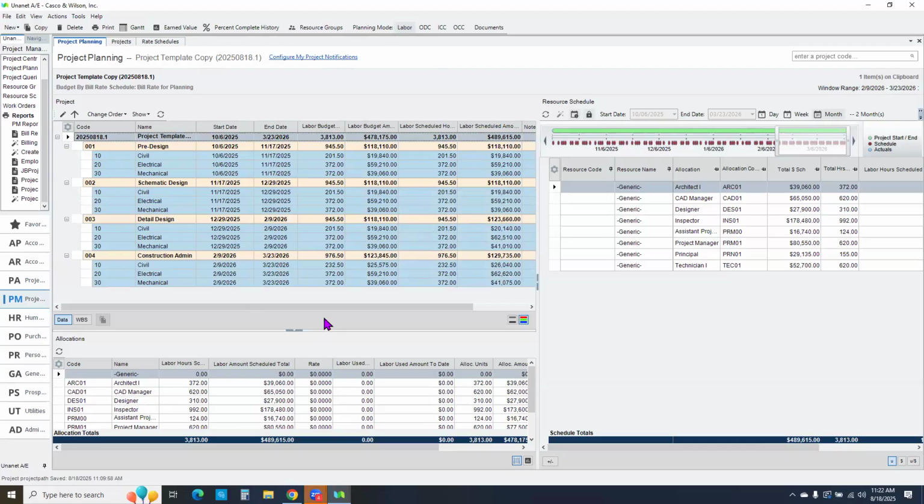Tammy, Justin also said, I'm using groups and not the allocation. Using groups. You're adding resource groups. Yes, I believe that's what he means. Okay. So that is another way you can add resources to your project plan, is to add a group that